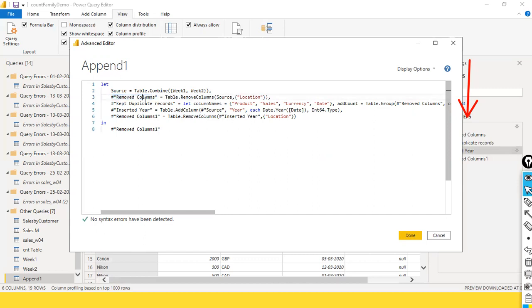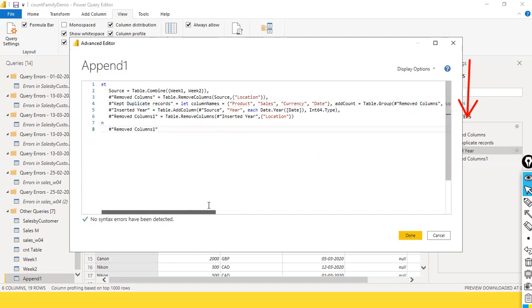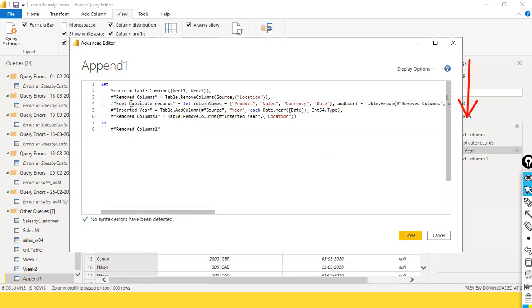In this case, we kept the duplicate records. We selected only the duplicate records here. So it is using some group or something like that, not to remove the duplicates, but to find out the duplicate records and store them here. The next step uses the previous step's variable here, the keep duplicate records. In that case, whatever next step you carry out